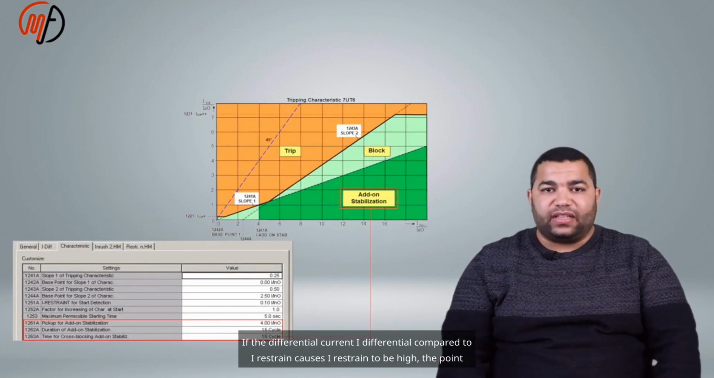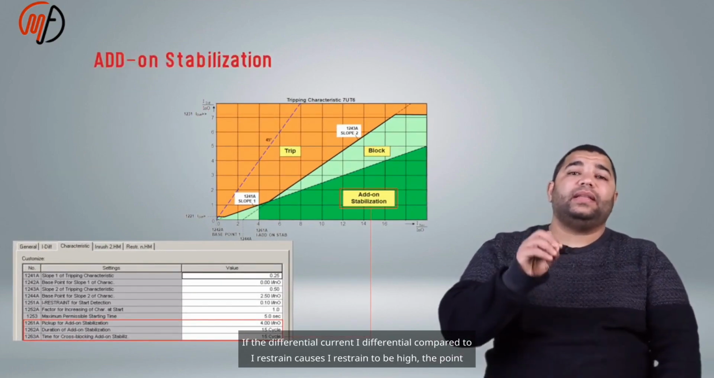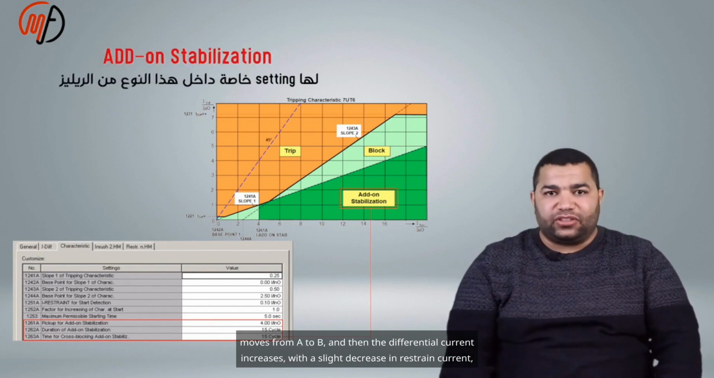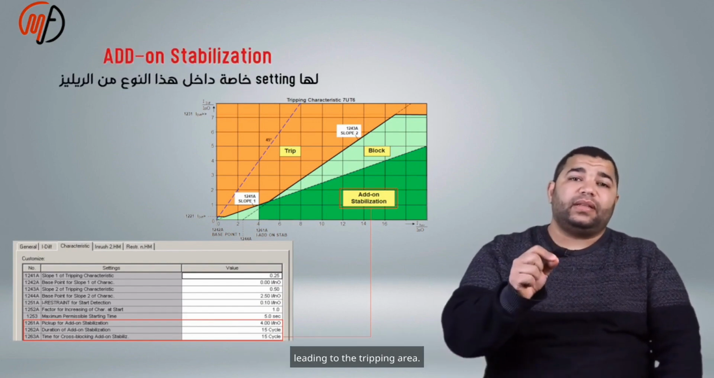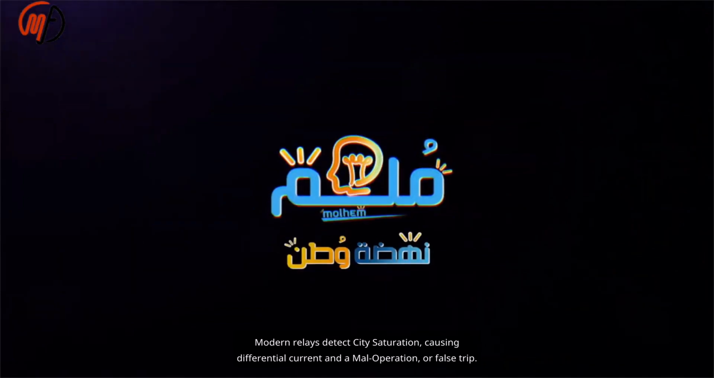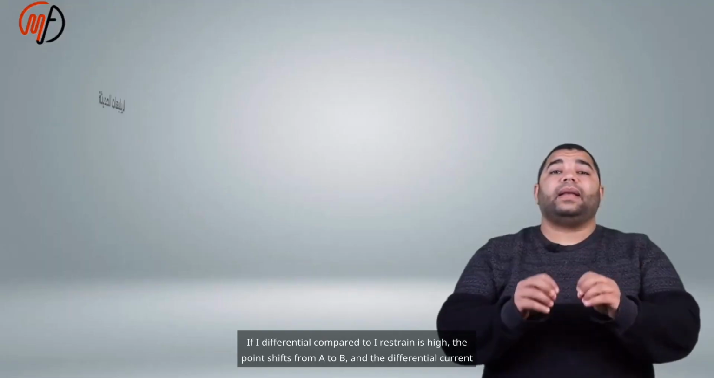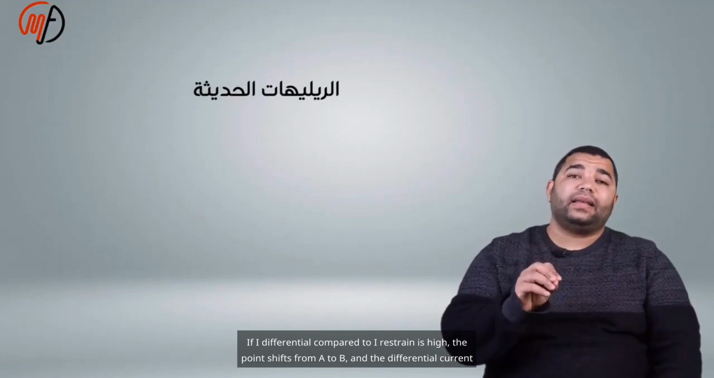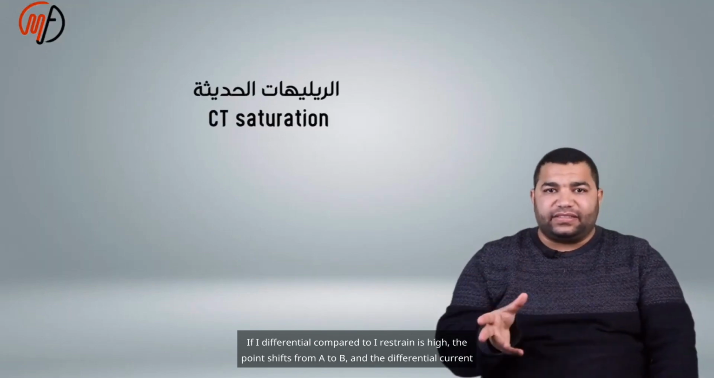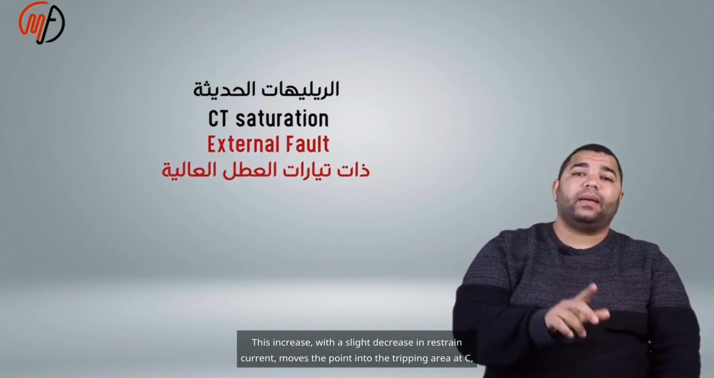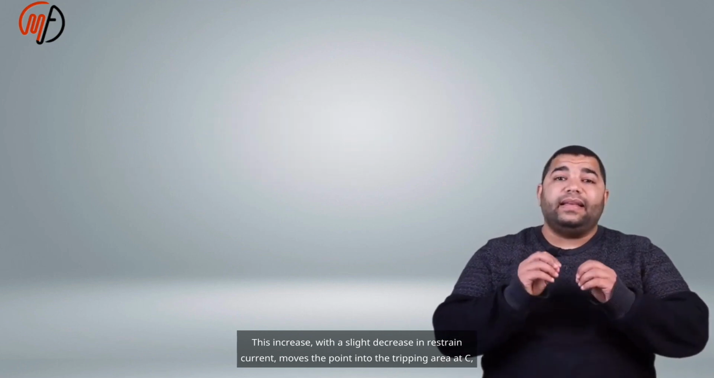If I differential compared to I restrain causes I restrain to be high, the point moves from A to B, and then the differential current increases, with a slight decrease in restrained current, leading to the tripping area. If I differential compared to I restrain is high, the point shifts from A to B and the differential current increases. This increase, with a slight decrease in restrained current, moves the point into the tripping area at C, indicating